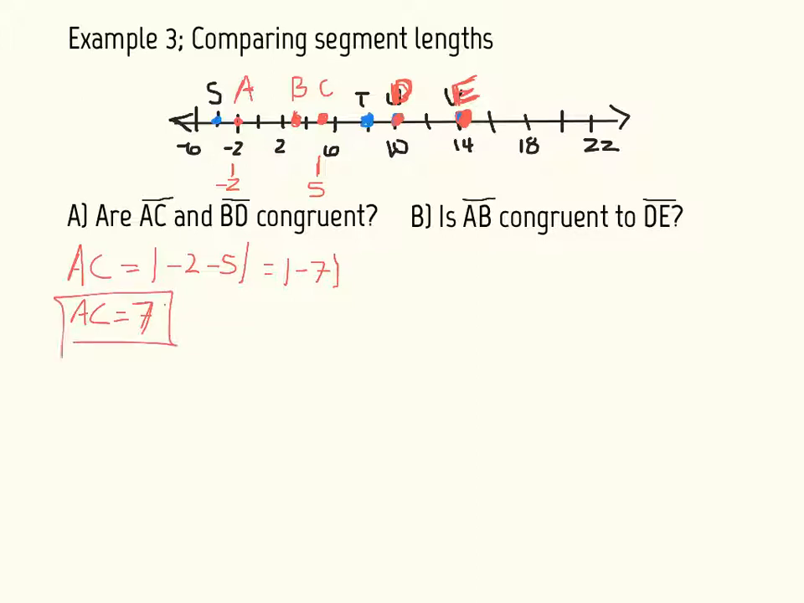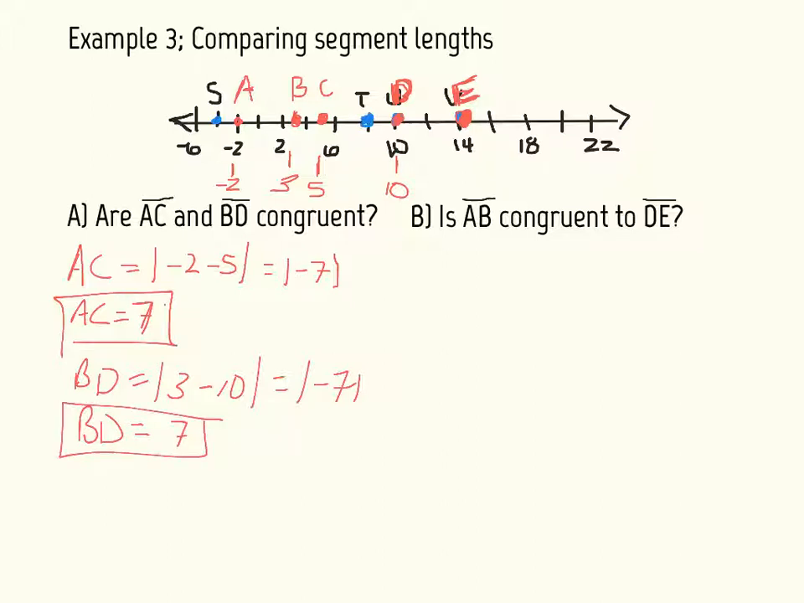So now we have to compare that to the next one, which is BD. So we're looking at right here, which is 3, and D, which is 10. So BD equals the absolute value of 3 minus 10, which equals the absolute value of negative 7. So BD equals a positive 7. Now, since those two are the same, we know AC is congruent to BD